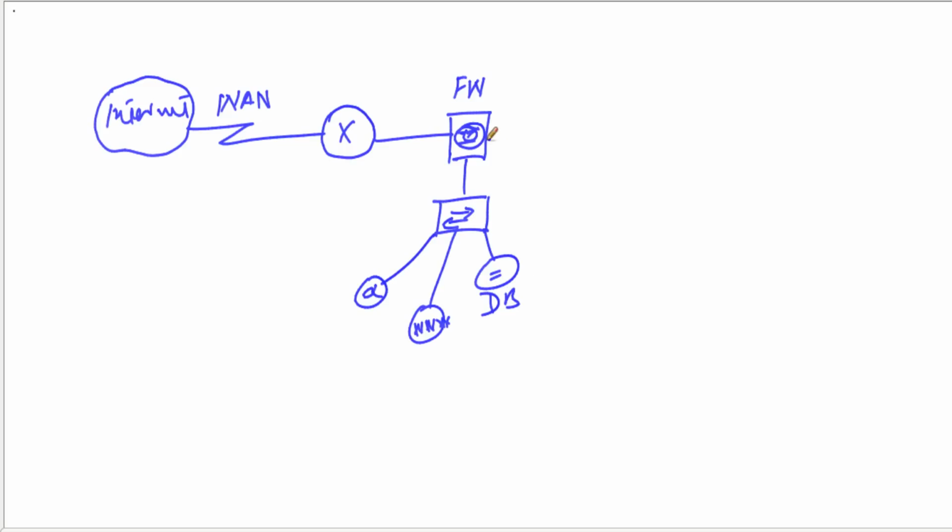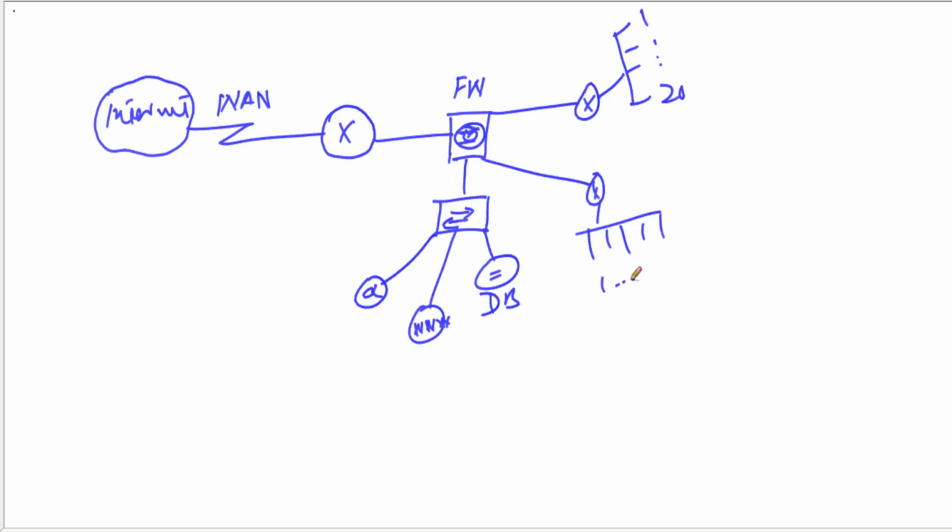Besides that, this firewall has two other interfaces connected with two routers, and these two routers could be providing connectivity to other parts of the organization. For example, this could be finance or this could be production, and let's say we have 20 hosts over here and we have, say, 50 hosts over here. This is the network,